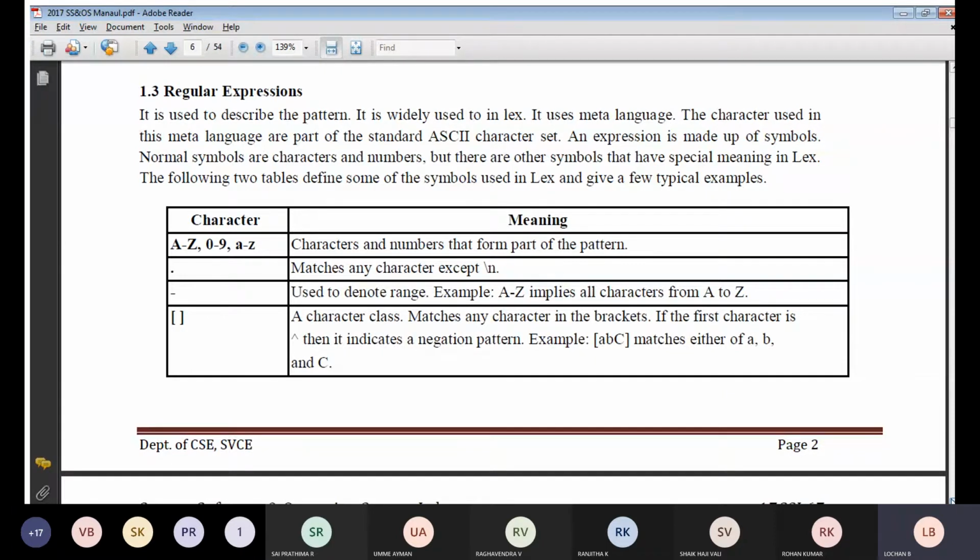Normal symbols will include characters as well as number combinations. For example, you can have 9, a, b, c, d, 1, 2, 3. That means you can have a combination of both characters and numericals. But there are other symbols, which will be in the next part, where we concentrate on other notations. So we will go through each in depth, one by one.